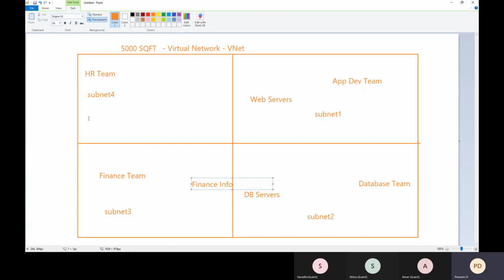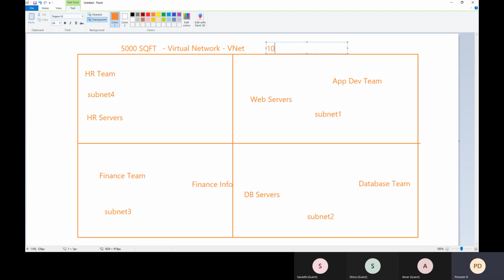The same way for HR also. They may have some HR information, so HR servers.